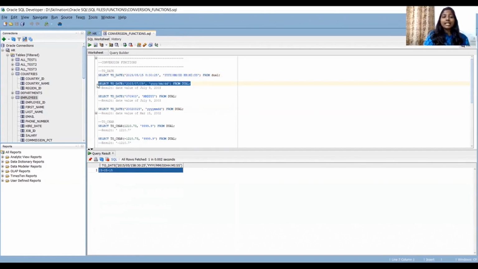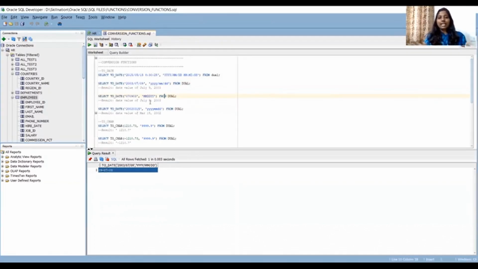I'm giving only the date. This time I'm not giving any time. I've given 09/07/2003. Right. Very good. Let me not give any slash or hyphen or anything. Just give a number and tell it the first four digits are year, and the next two is month, and the next two is dd. See how I have explained it? Just a number and then the format.